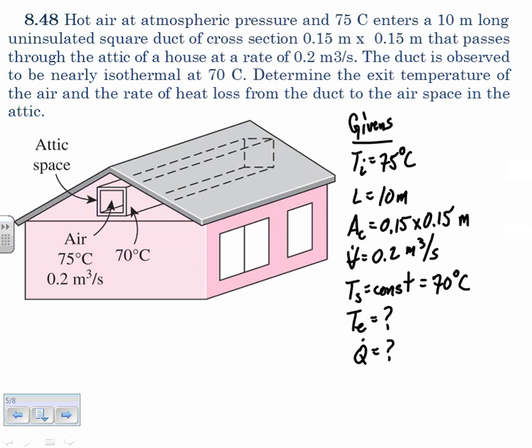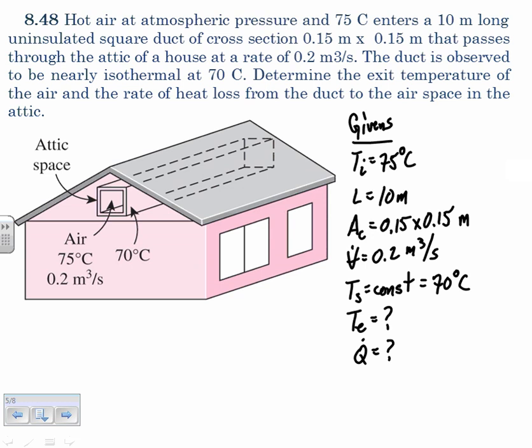Okay, problem 848 says hot air at atmospheric pressure and 75 degrees C enters a 10-meter long uninsulated square duct of cross-section 0.15 meters by 0.15 meters that passes through the attic of a house at a rate of 0.2 meters cubed per second. The duct is observed to be nearly isothermal at 70 degrees C. Determine the exit temperature of the air and the rate of heat loss from the duct to the airspace in